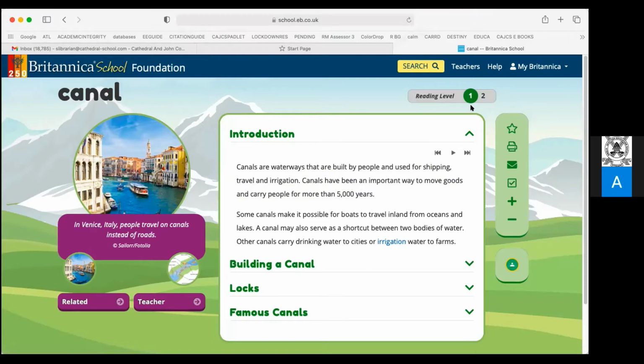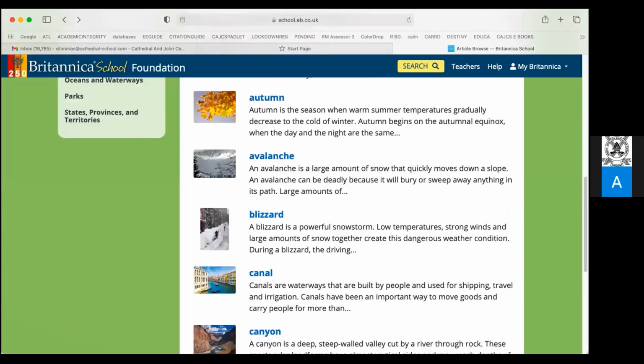Okay. And these are the reading levels. You have different levels. Suppose you want to know the difficulty level, you can check what reading level this article has. Okay, so once you finish this, you can come back. Then I'm going back to this. This is how,